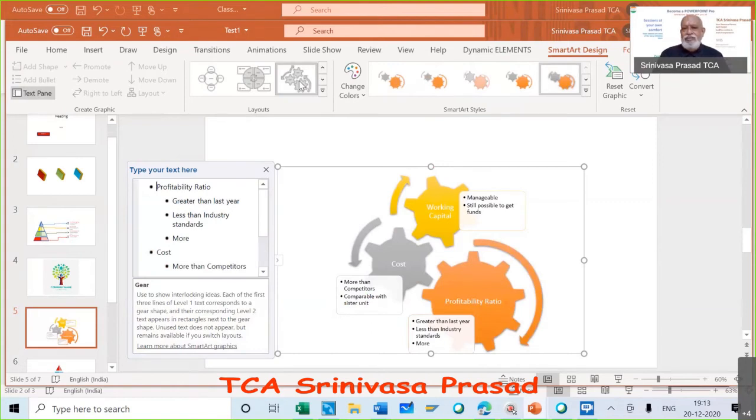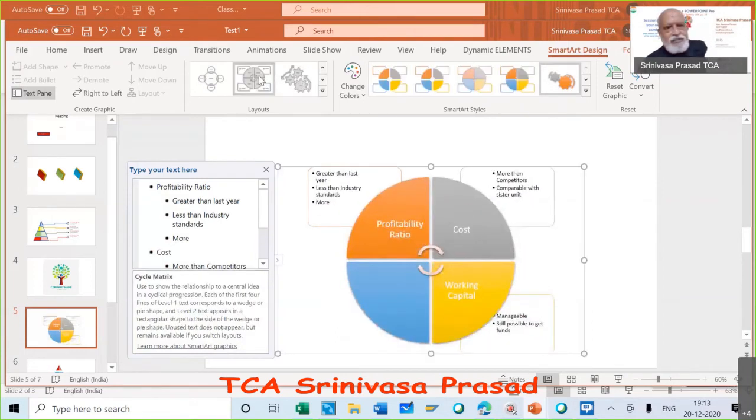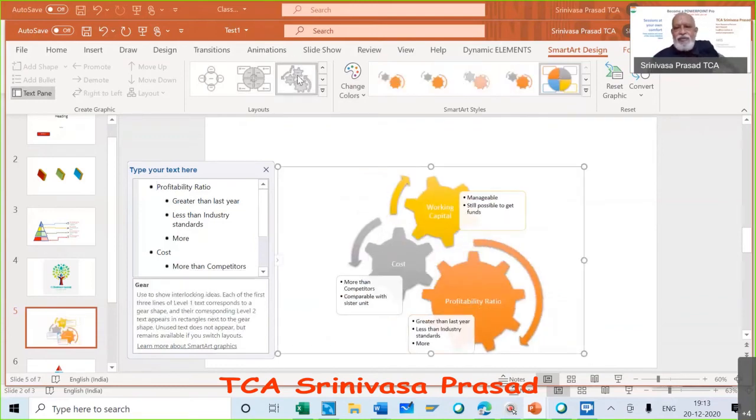If you are on an industry, you can use this shape, no? Depending upon which industry you are going to use, you are going to talk about SWOT analysis, you have this kind of a thing. So what I was trying to say is you have got a lot many options as to how you should work. You just imagine this is one option and this is another option. Looks beautiful, no? More than competitors, less than this one.